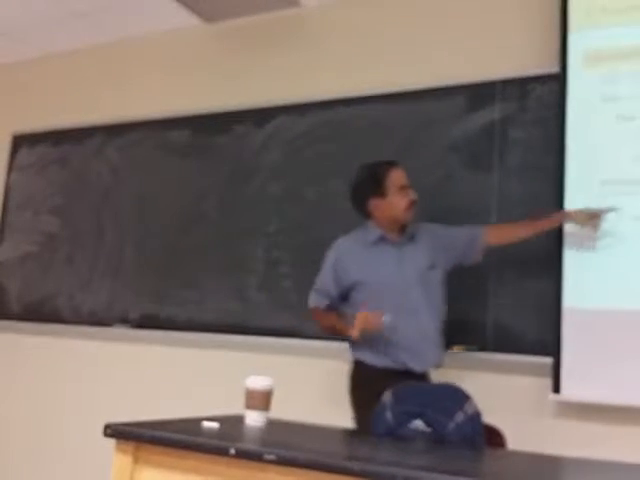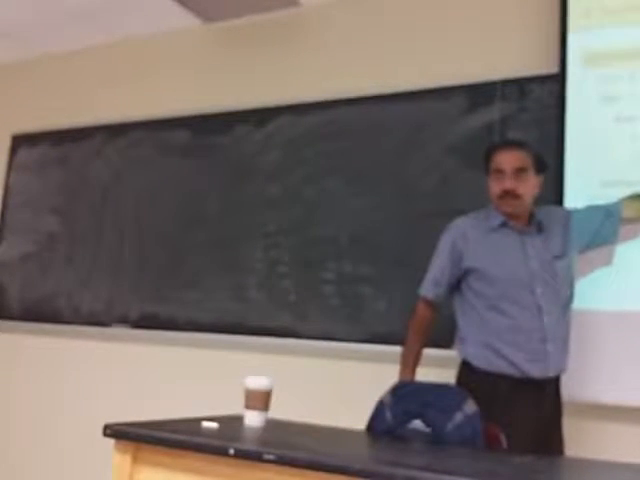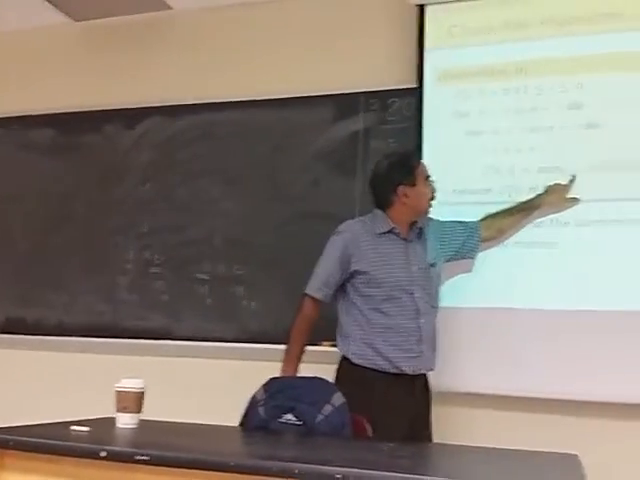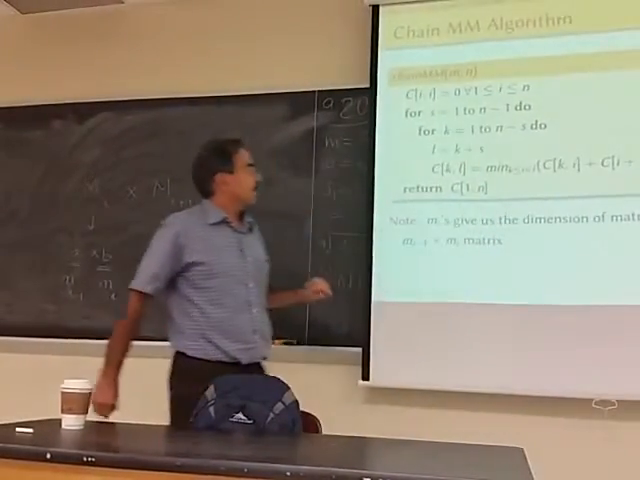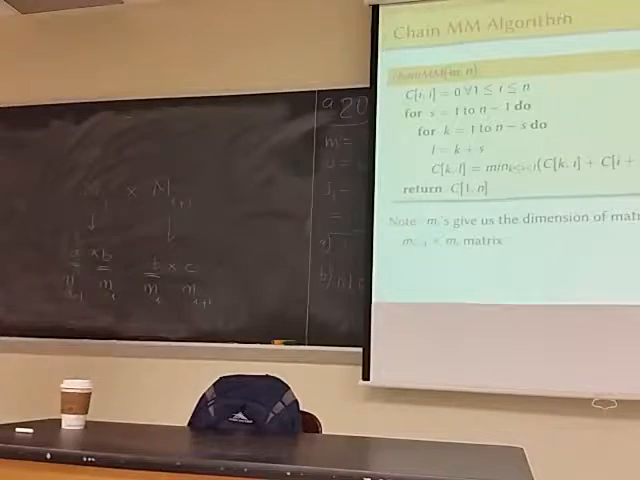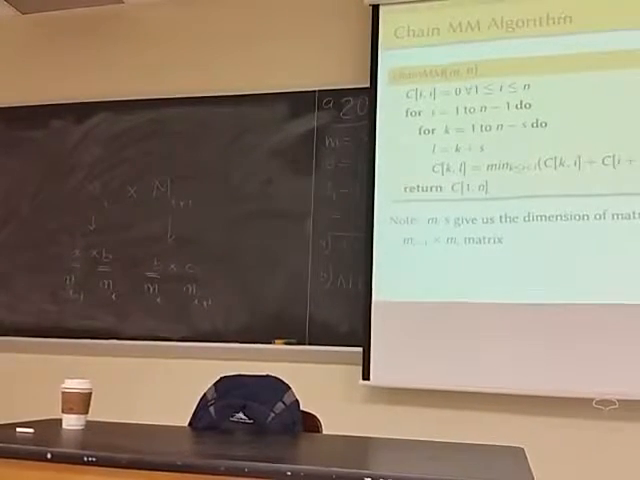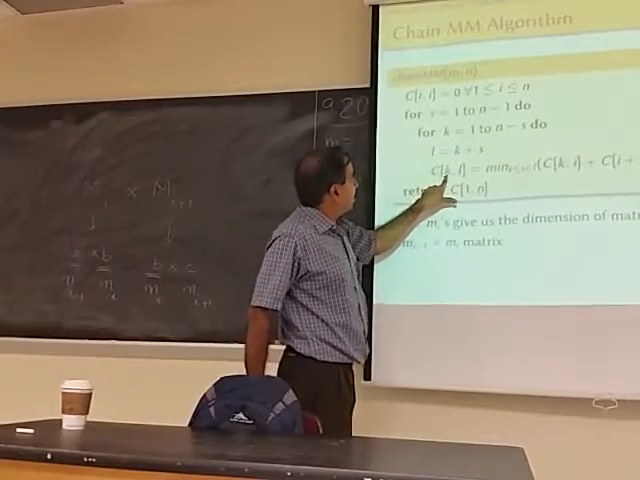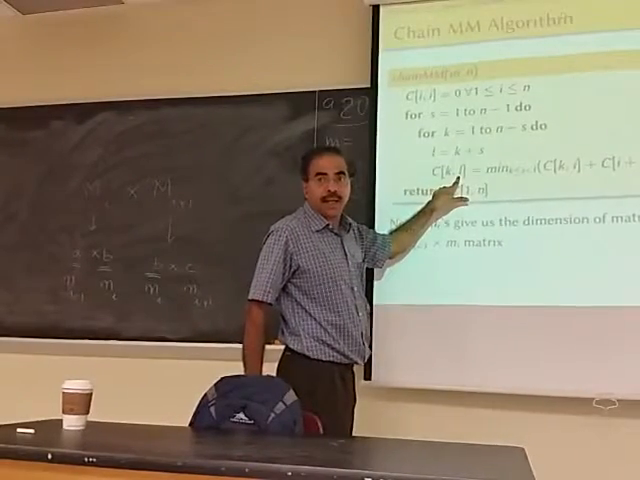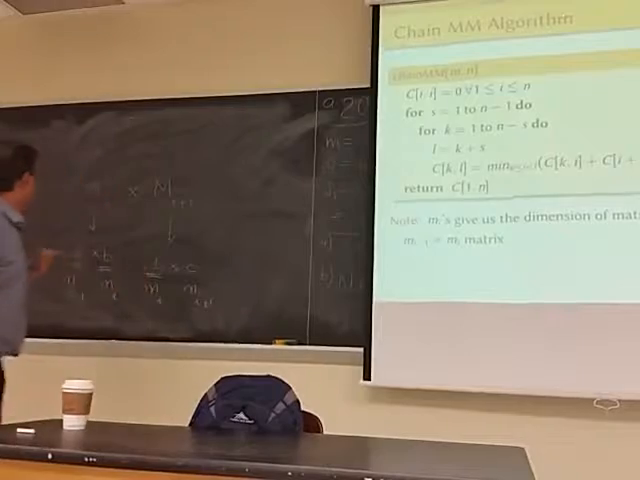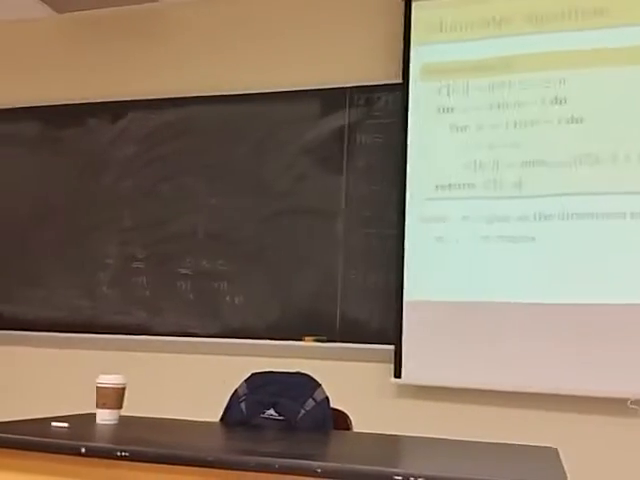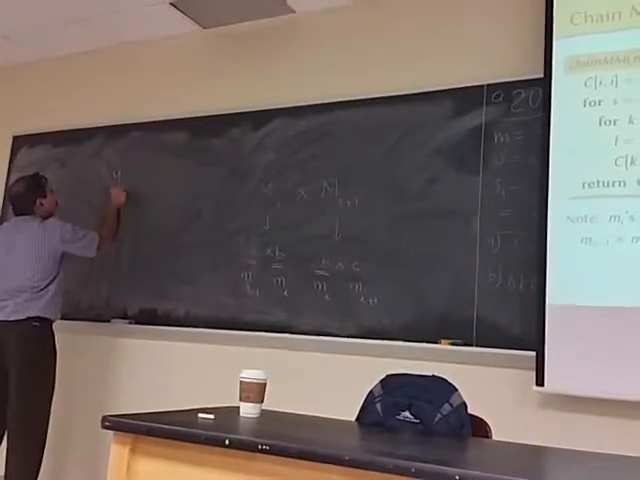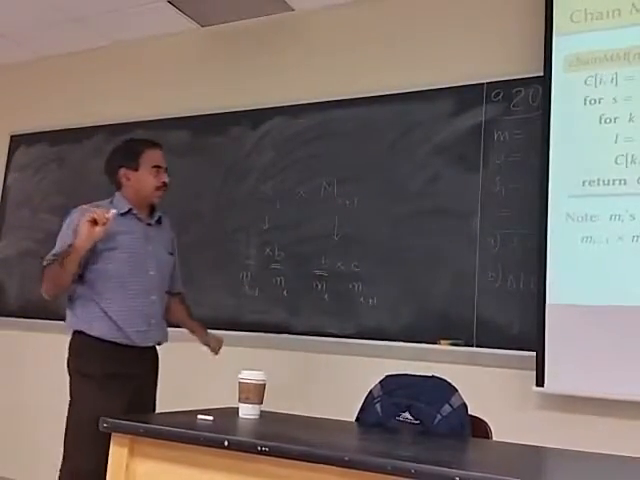Notice that there is another loop here. What we are trying to do is vary this I as it goes from K through L. We are saying that the optimal way to compute C of K comma L involves computing the optimal solution for performing